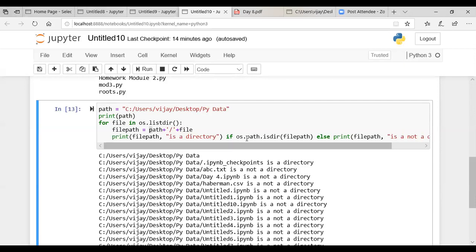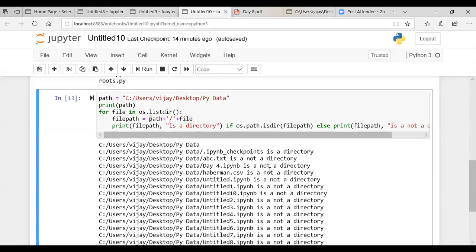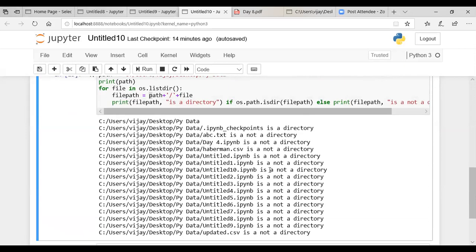Then with the help of the if, as it is a directory, it says it's a directory. For the rest, it says it's not a directory because all of them are files. There is only one directory, which is .ipynb_checkpoints. The rest are all files, not directories.